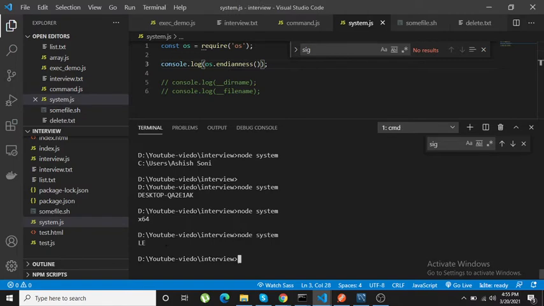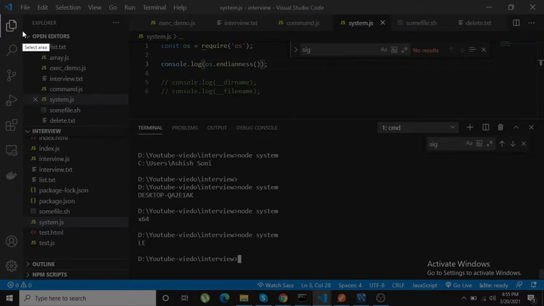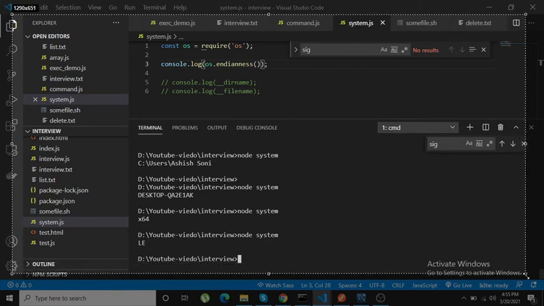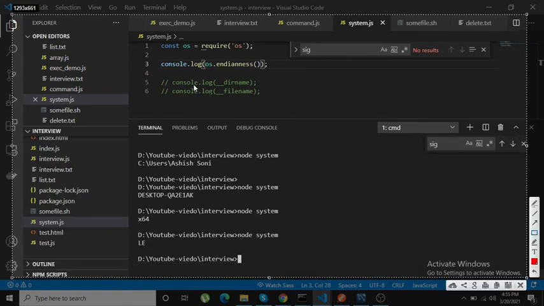Okay, basically my system is using little endian, not big endian. What is big endian and what is little endian? I will explain what big endian and little endian are. Suppose we have a RAM, and there are two blocks.